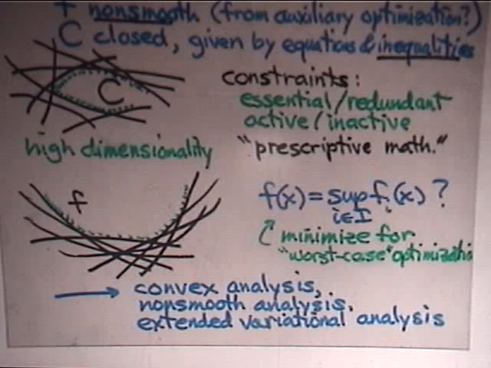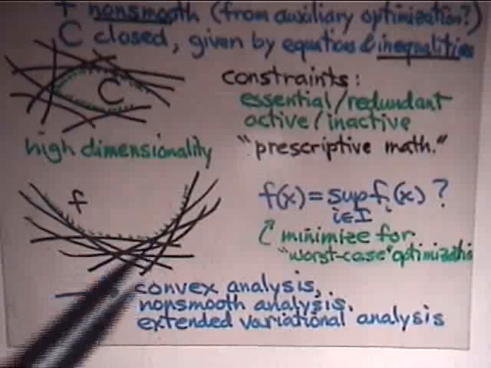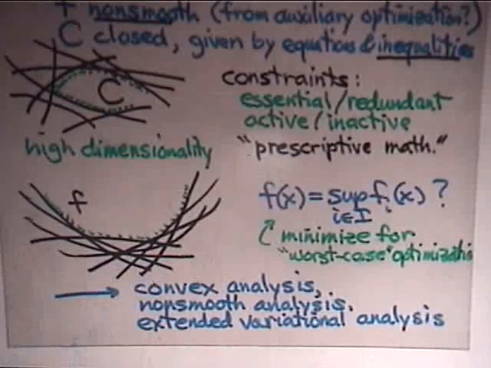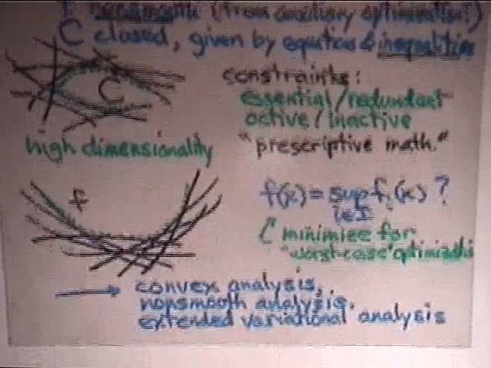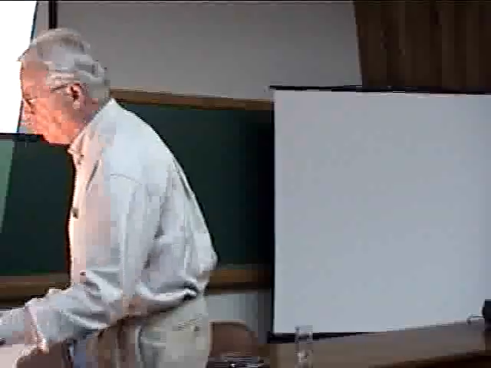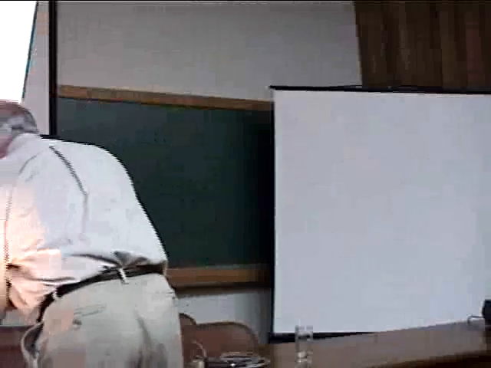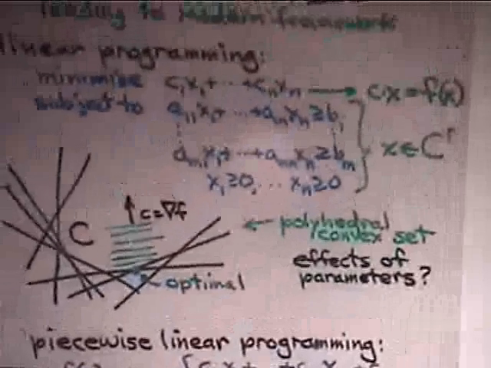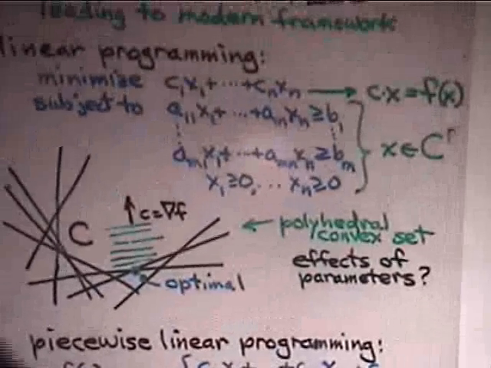Well, it's smooth maybe almost everywhere. It doesn't help, because typically the minimum will occur at a point where it's not smooth. So you cannot fall back on some idea of it being almost everywhere. That is not going to be satisfactory. So to deal with all of these things, a lot of forms of analysis have been developed. The very earliest examples in the early days of computers help to explain some of this.